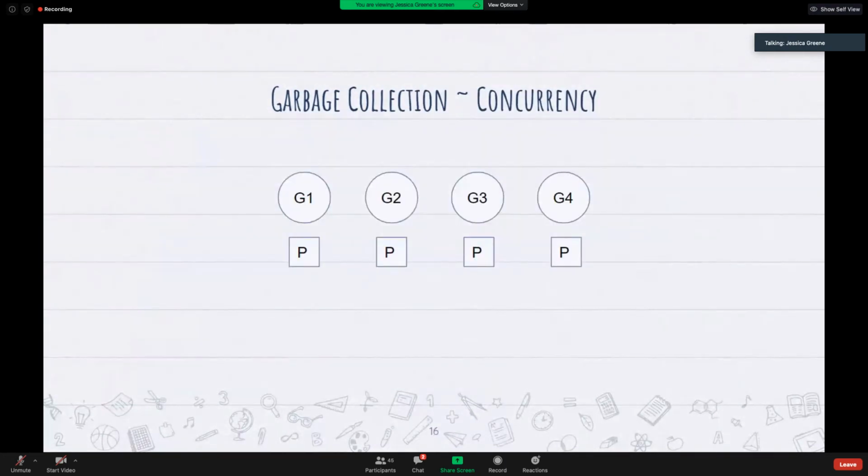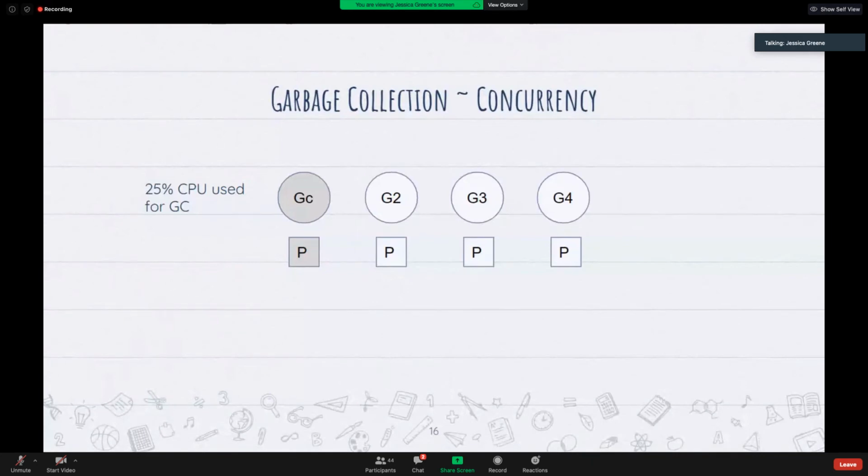So let's swap gears a little bit and look specifically at this concurrent section of the inspection and marking. In this example, we've got 4 Go routines, again, very simplified. And at the start, they're going to be running application work until we go into the stop the world time. Then they're going to have to stop. And first, we're going to have to wait for them to stop so that we can turn the write barrier on. And once the write barrier is turned on and the stop the world time ends, roughly about 25% of our CPU, so one of these process threads, is going to be used for garbage collection. In this example, that's 1 Go routine.